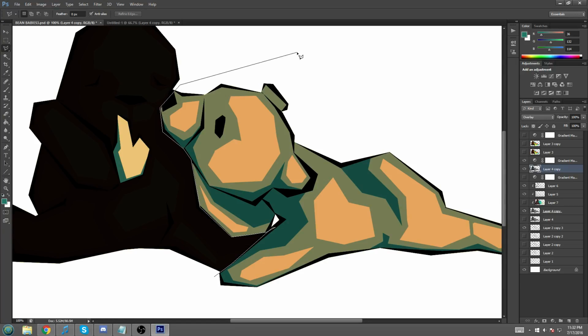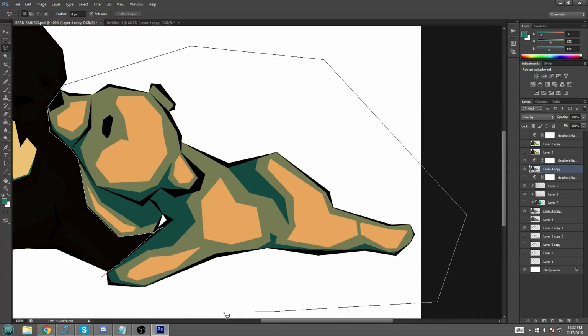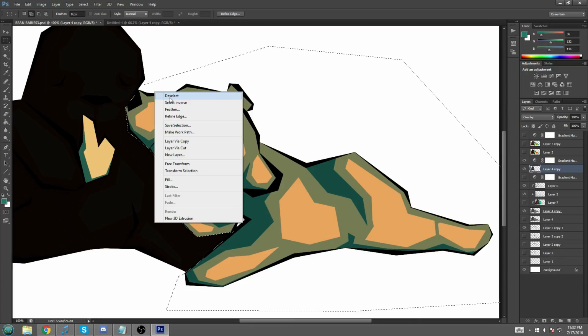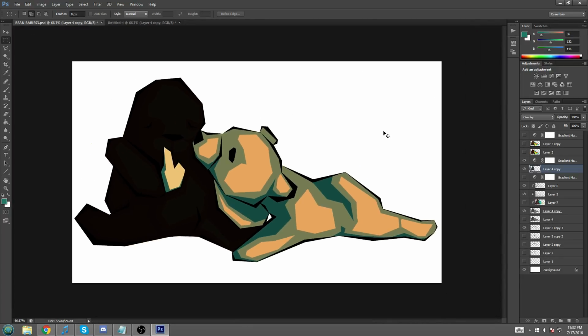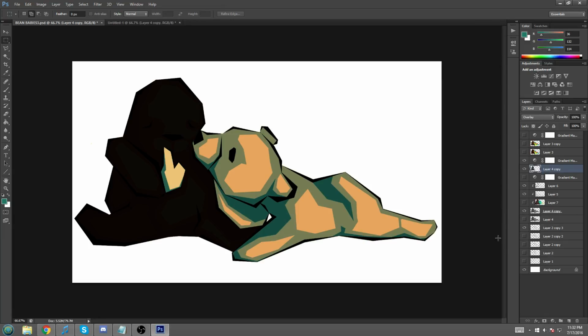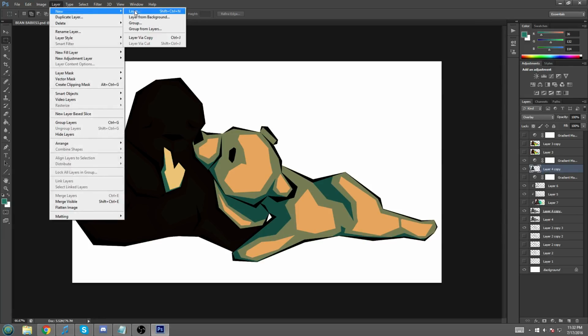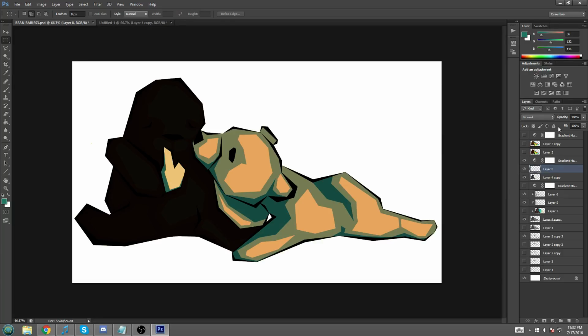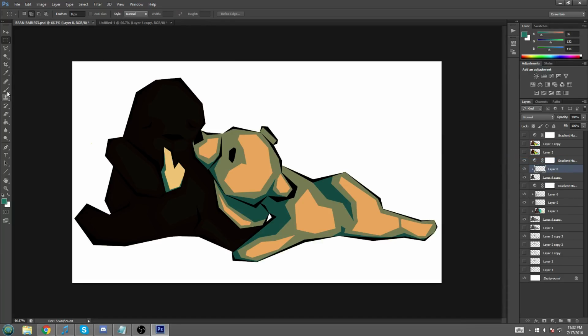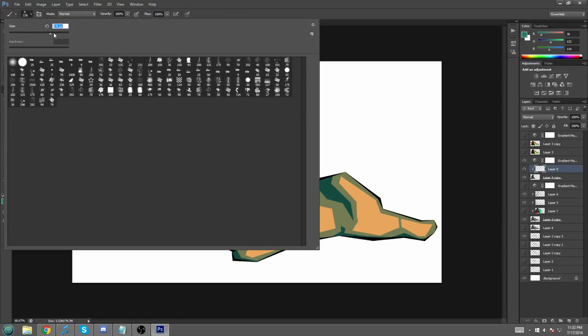And then I was just experimenting here to see if this actually is gonna work. Because I think what I can do is make a new layer and make it a clipping mask onto that, and then I can use my silly brushes